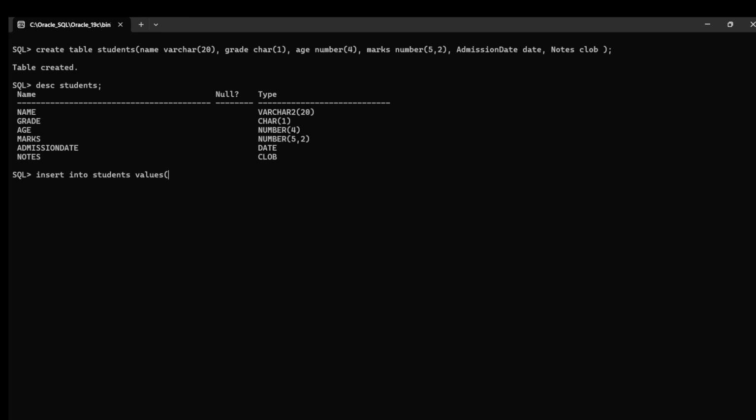The first value is name, right? Names are stored in single quotes, Abhi. And grade. Grade is a char data type, so that's the reason again we need to store it in single quotes. And then age, 21. So it is a number type, we don't use single quotes. And then marks. Marks are in decimal form,